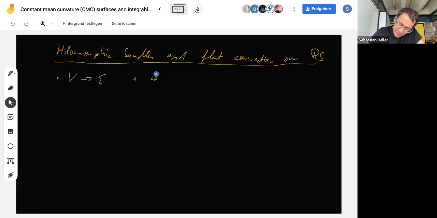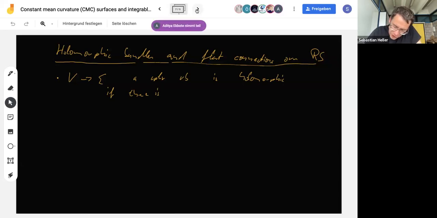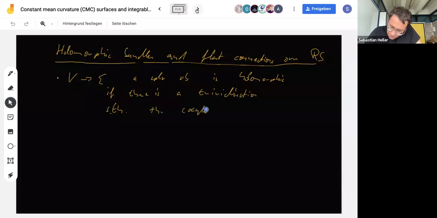So a complex vector bundle V is holomorphic if we choose a cocycle of cocycle maps such that the transition functions, if there is a choice of a trivialization of this complex vector bundle such that the cocycle maps g alpha beta induced by the different trivializations